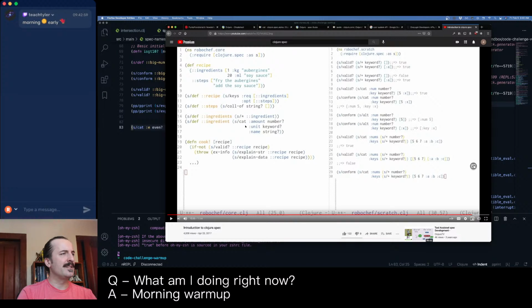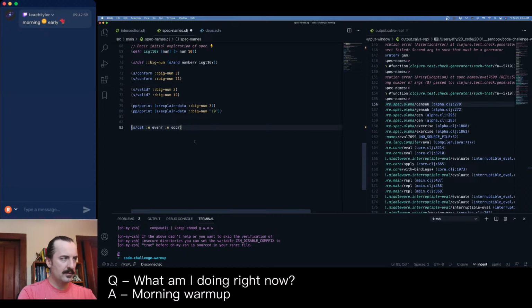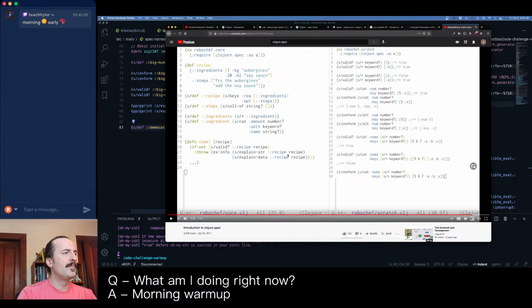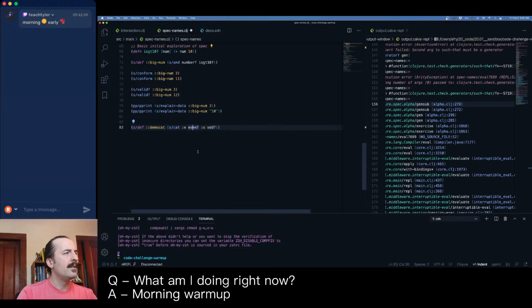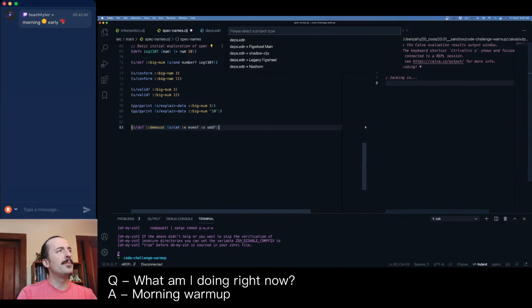Okay, so it's just an s/def demo cats. So right, what this allows you to do, if you have your REPL running, that is,